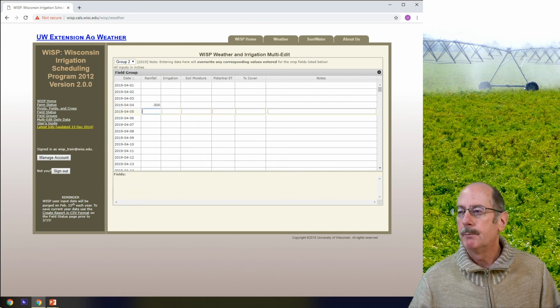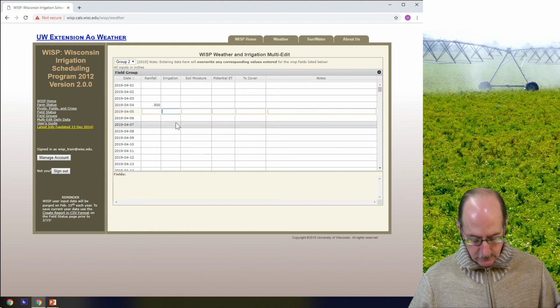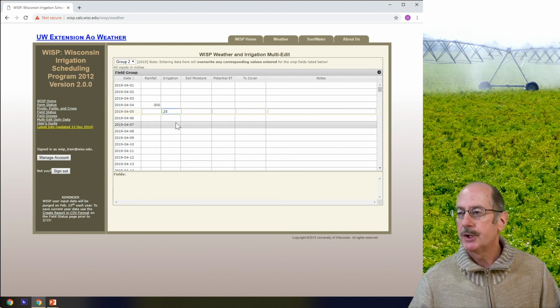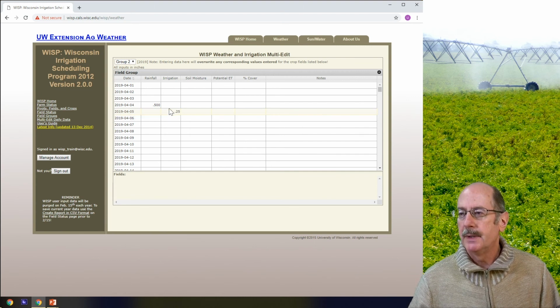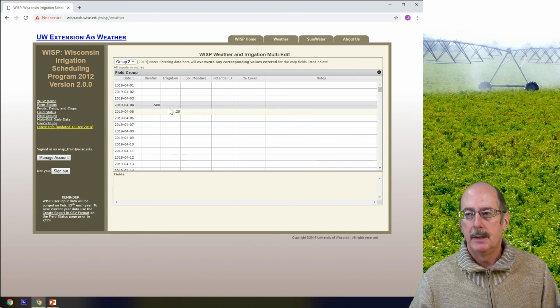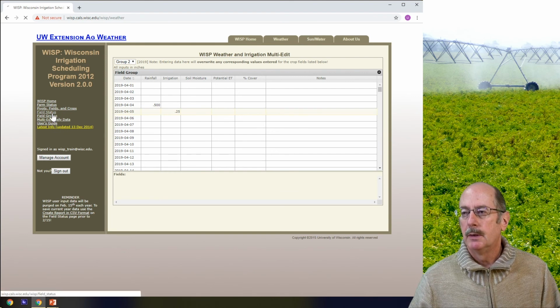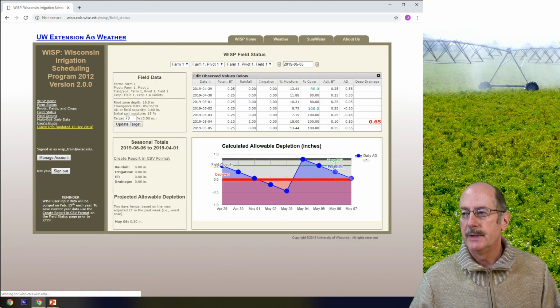All right, then you can come down here and say, I put on a ½ inch of irrigation the next day. Okay, and then that information gets copied to the fields that you previously selected to be within that field group. So that allows you to basically edit multiple fields at the same time.